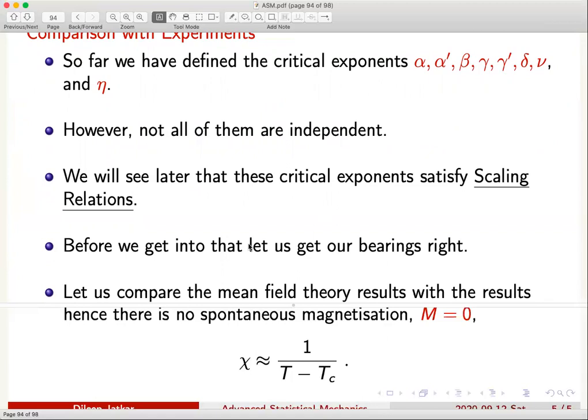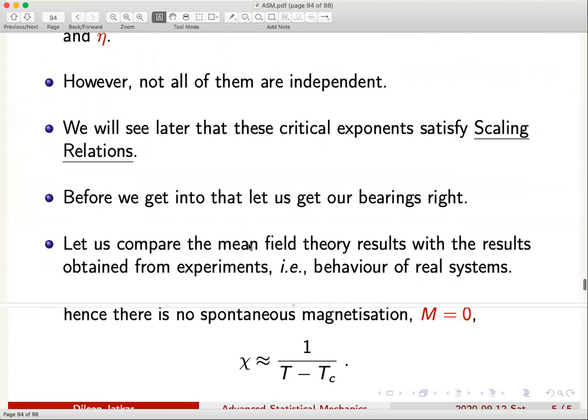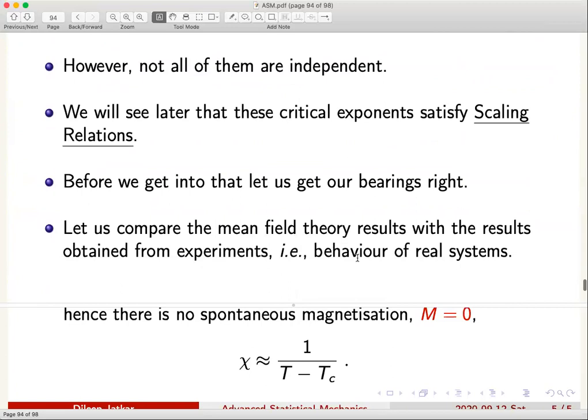To do that, we'll have to look at the experimental data, or data computed using, say, simulations for specific models, and compare our mean field calculations with that data. So that is what we would try to do. There are certain realistic systems in which you could study this, for example the liquid gas phase transition or binary alloy systems and so on, in which you could realistically study the system and check whether that agrees with the mean field computations.